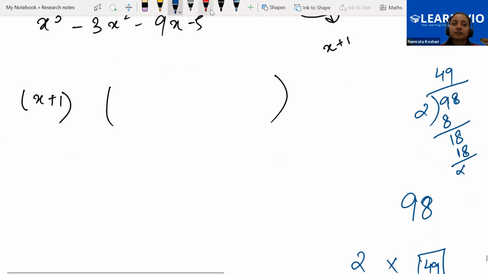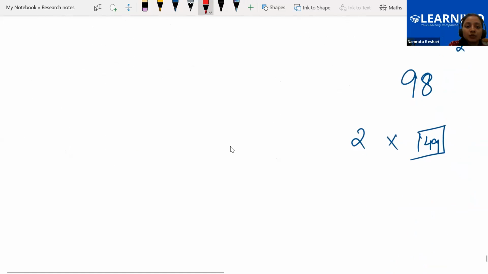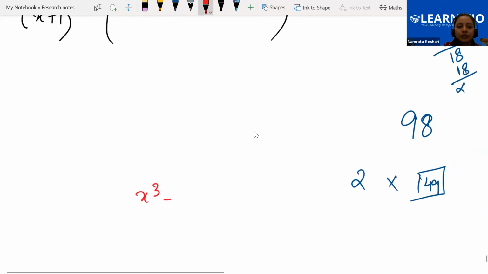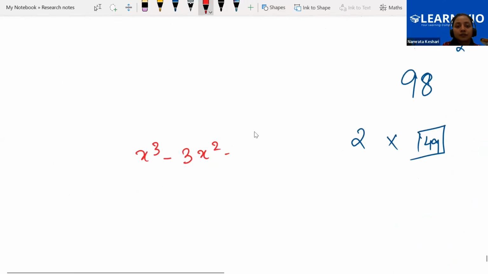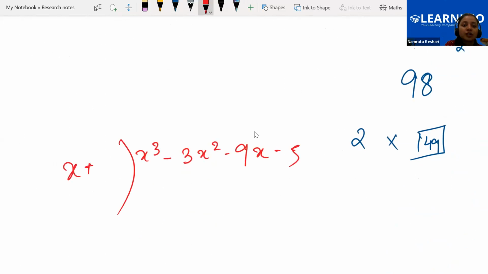लेट्स चेक इट. लेट्स डिवाइड आवर पॉलिनोमियल x क्यूब माइनस 3x स्क्वायर माइनस 9x माइनस 5. इसको अगर x प्लस 1 से डिवाइड करेंगे,